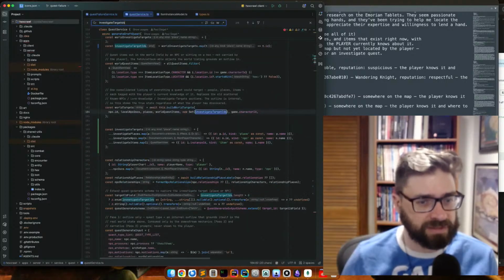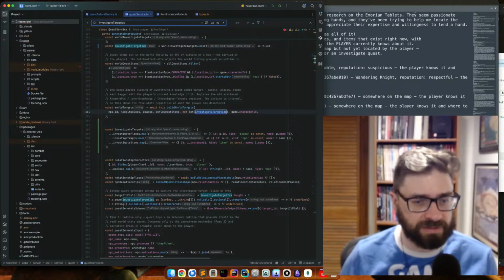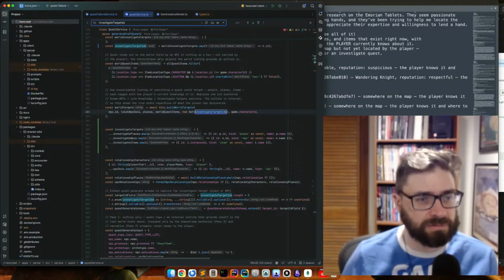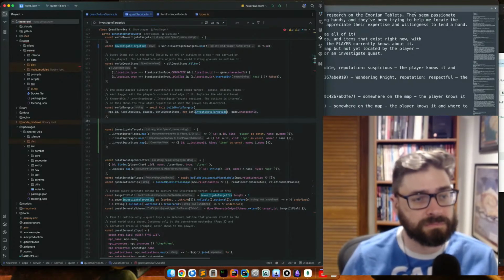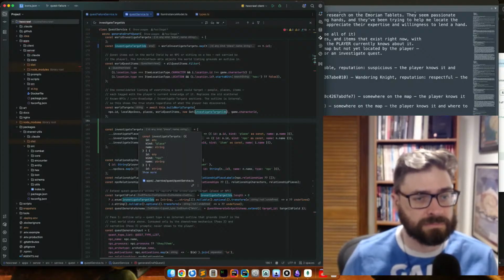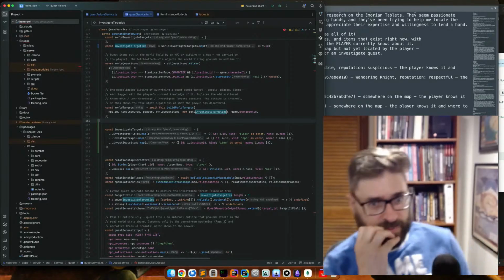Is investigate target IDs used elsewhere? Oh gosh. Extend quest rate scheme to capture the investigate target. I've written myself into a corner here.